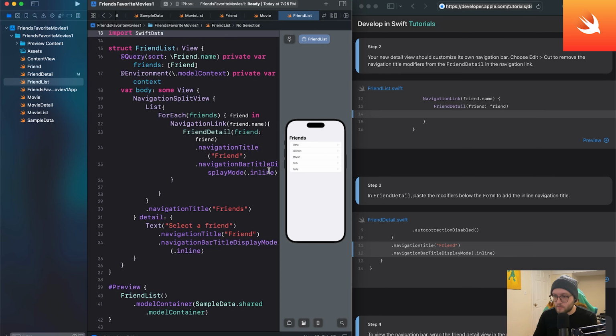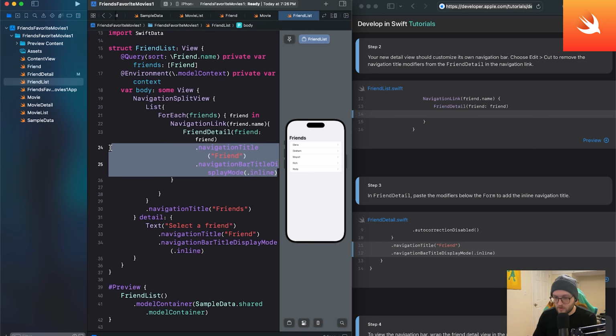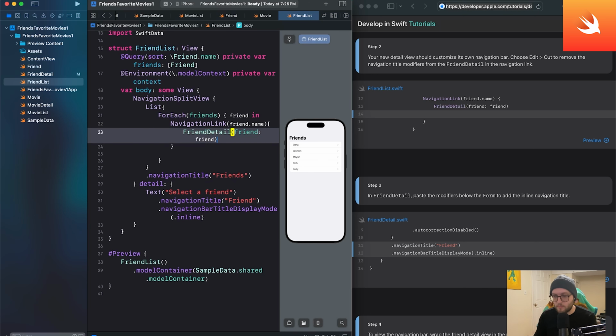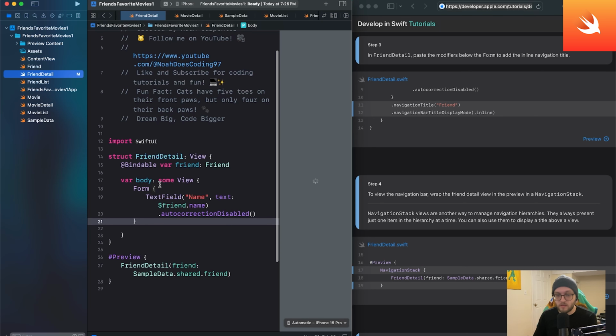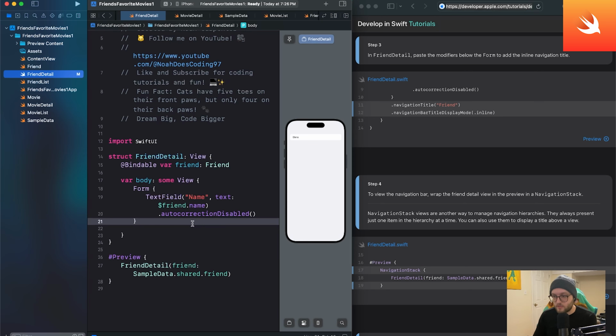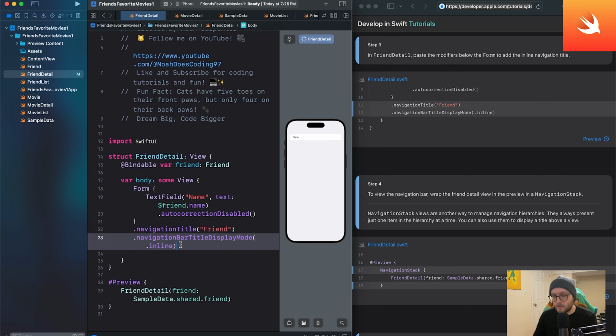Okay, so our new detail view should customize its own navigation bar. So we're going to cut and remove the navigation title modifiers. Okay, so let's grab these two, the navigation title and the display style. I'm going to Command X. We're going to jump back over to our friend detail because that's what's being shown now. And after the brace of autocorrection disabled, so after the form here, we're going to go ahead and paste those